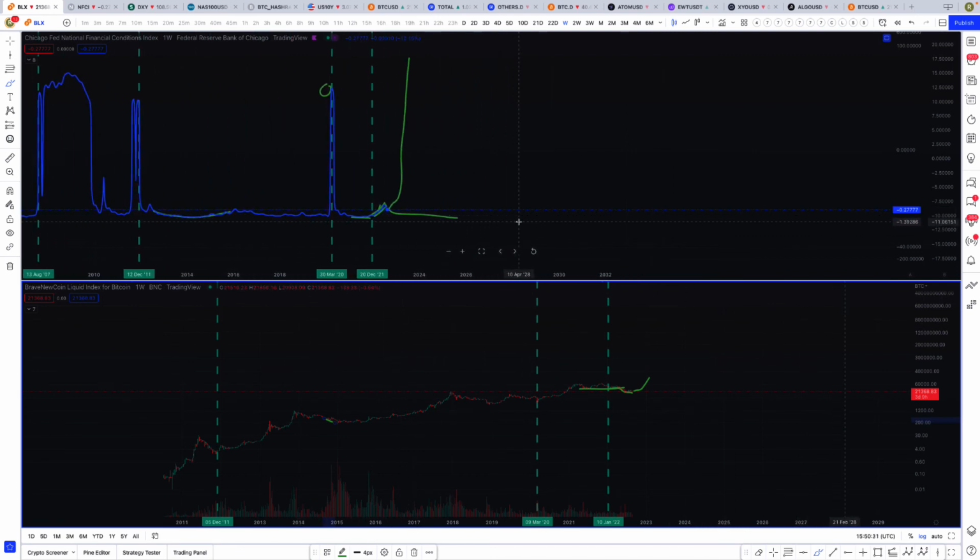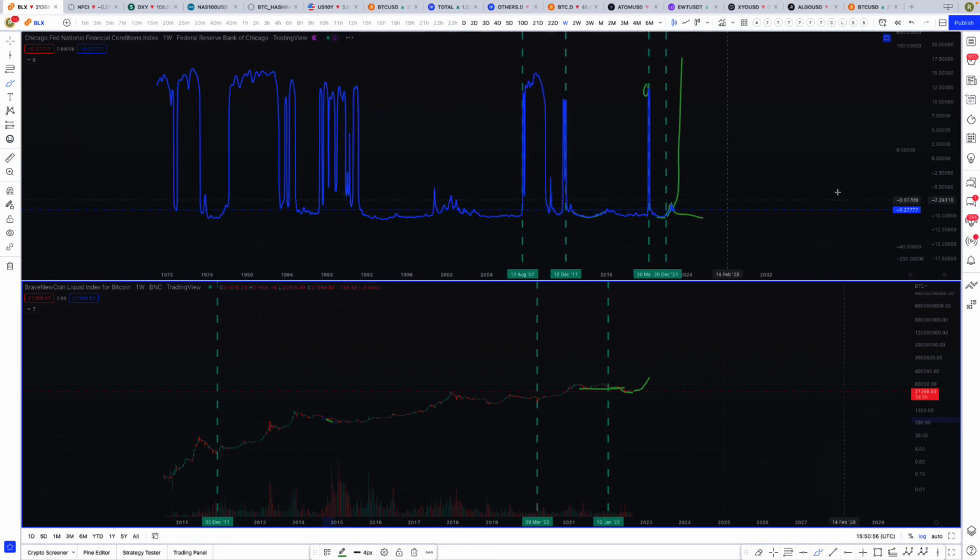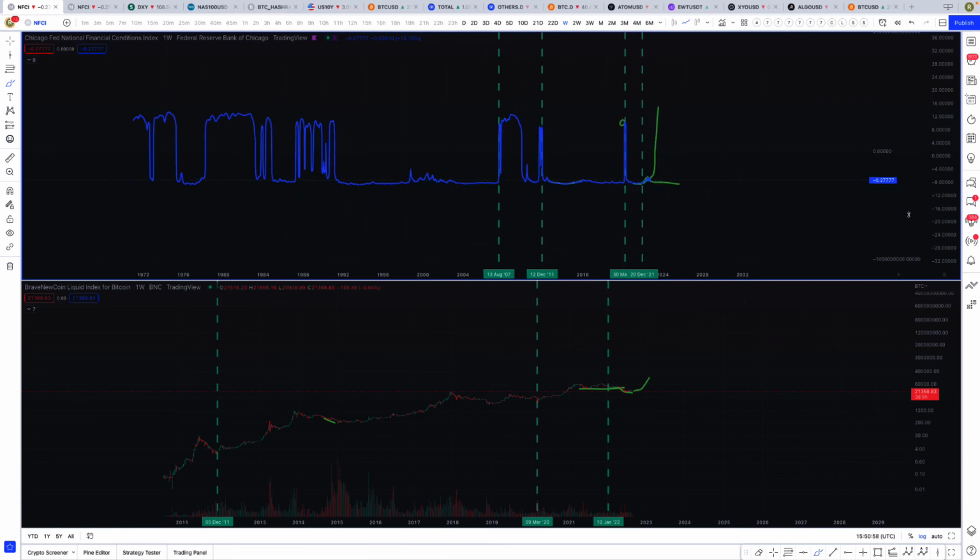So that's why I think I'm going to create an indicator to kind of measure this. I'm going to come up with an algorithm or formula to measure these 4 charts to put us ahead of the game. Because we could use the dollar chart, and then we could combine these 4 charts with it, and I think we'll be on top of it. I mean, this probably called every single huge market event or change in trend for all assets,